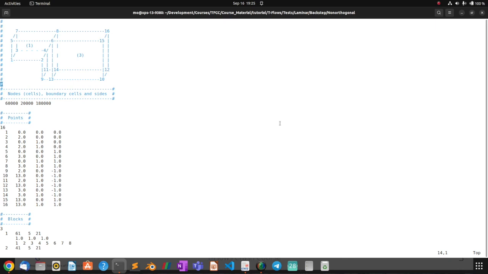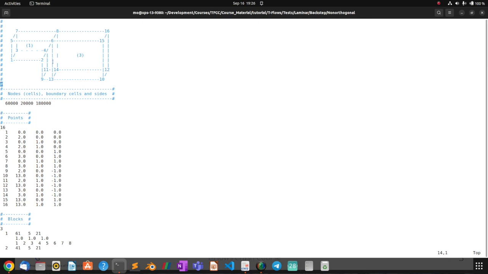Because, as I said, meshes that are constructed in T-Flows are very basic because they are used for academic reasons, and more sophisticated meshes can be exported from a third party or maybe another software, and then imported into T-Flows and converted to the local format. But for simple geometries like this one, we can simply modify and also design it here in T-Flows, because